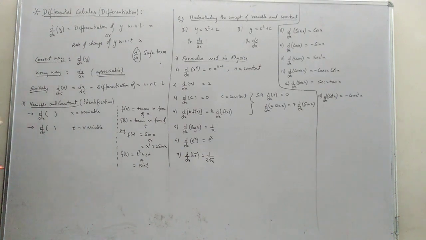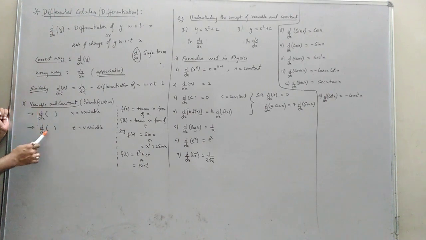Now see here. If we write d dx of something, we have something here. So with respect to x, we are differentiating. With respect to whatever we have here in the denominator, that we say with respect to. So with respect to x, we are differentiating. That means x is the variable. So wherever we have x terms, that is a variable. Other than x terms, the rest are constant.